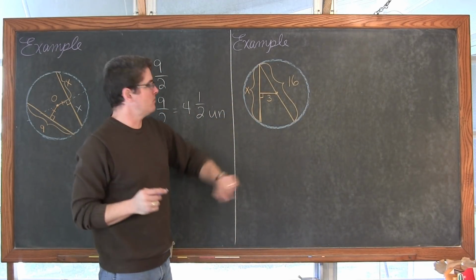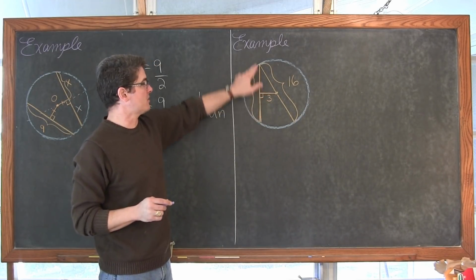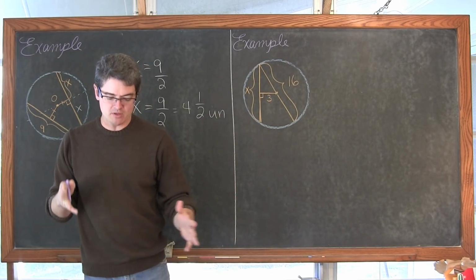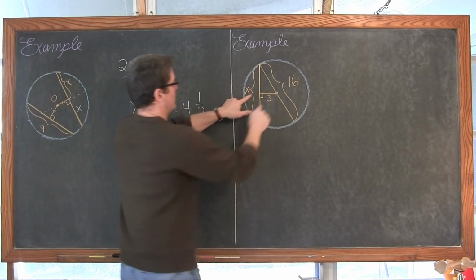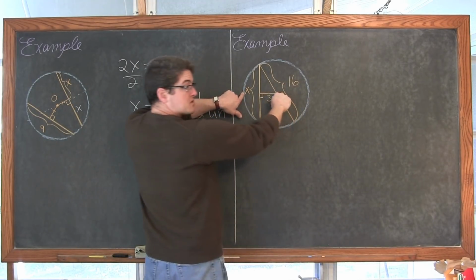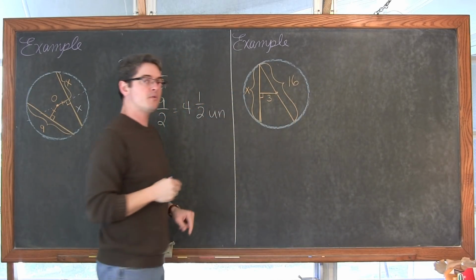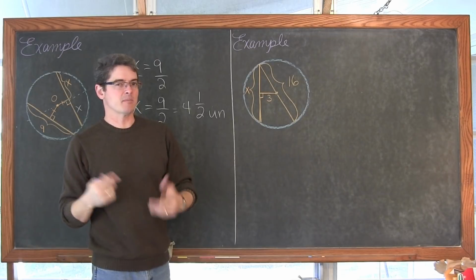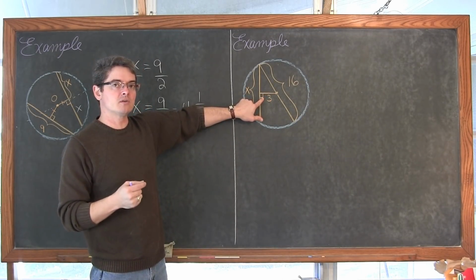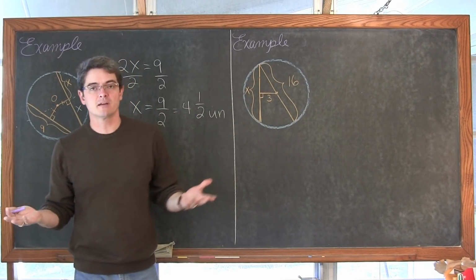Again, we have this little segment coming from the center of our circle, and it's perpendicular to this chord. And to tie in with those last few theorems I gave you that had diameter language in it, if I were to extend that segment through the center of the circle, like a portion of a diameter, then we know that if you have a segment coming from the center and hitting a chord perpendicularly, it's going to bisect that chord, cut it in half.